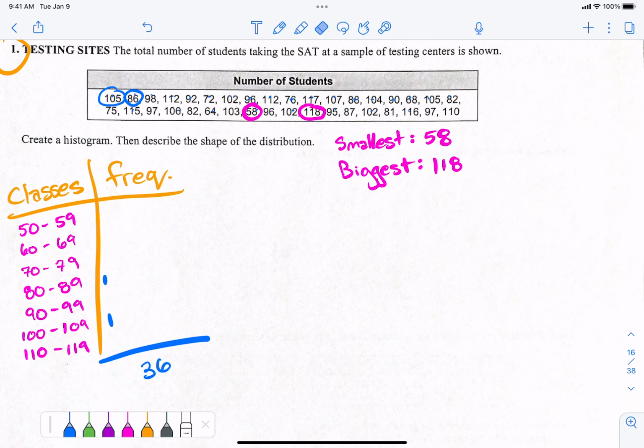The pain in the butt part of tallying is if you screw up, then you have to start all the way back over again, right? With your tallies, that stinks, okay? So go ahead and do your tallies if you want to do the tally thing, and then create your histogram, and make sure you put the shape of the distribution. I have no idea how it's distributed. Just put whether it's positive, negative, left, right, symmetric, whatever, okay? It doesn't have to be completely symmetric in order to be symmetric, as long as it's close, but